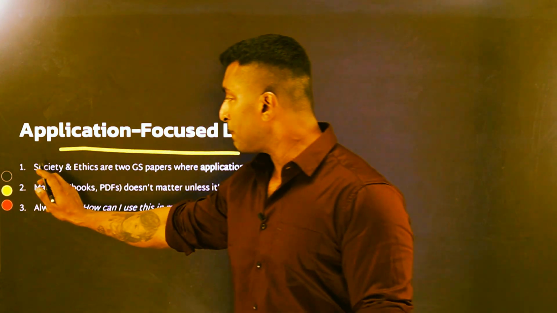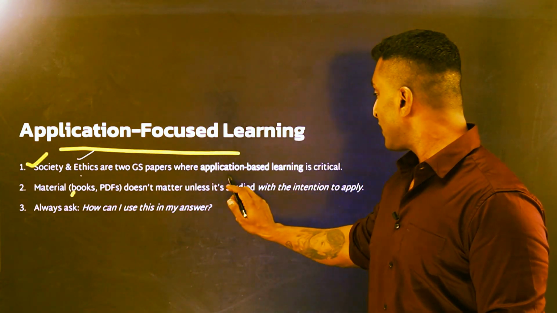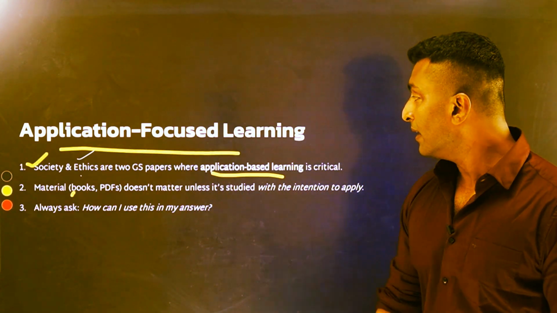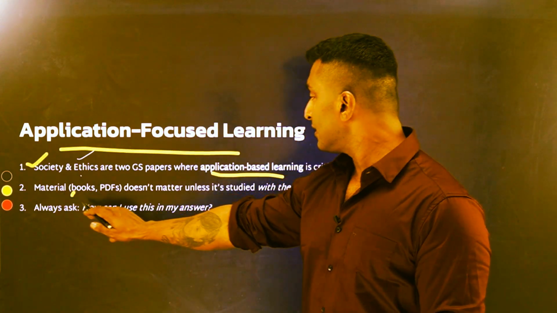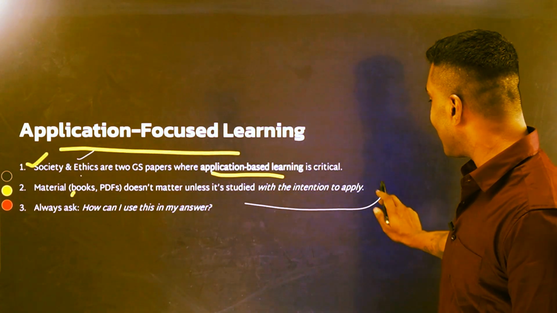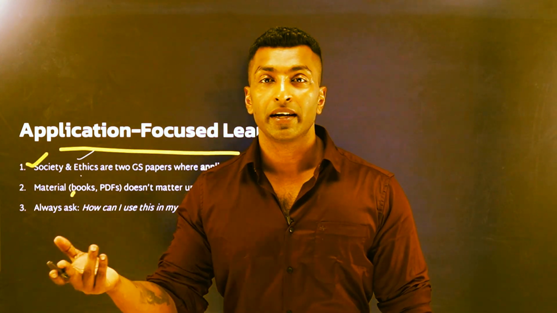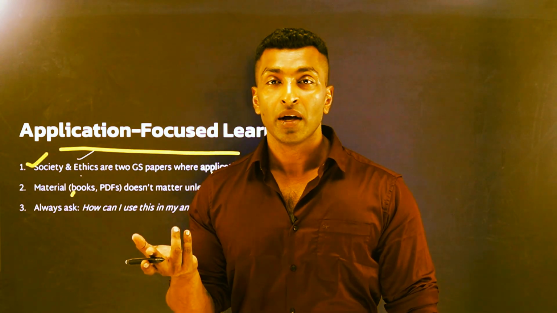See, these are 2 papers, society and ethics. These are the 2 GS papers where application based learning is very critical. So whatever materials you are reading, it doesn't matter if you are not studying with an intention to apply what you are reading. So you are reading something related to marriage, if you are reading something related to green